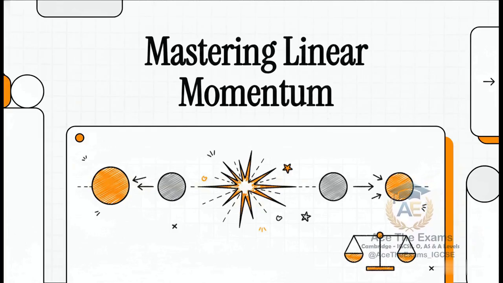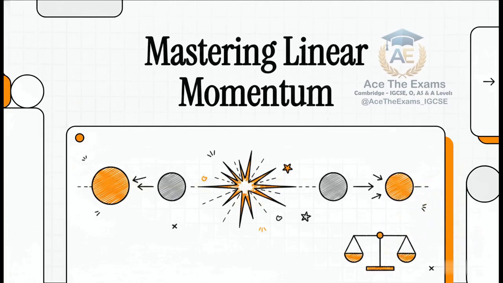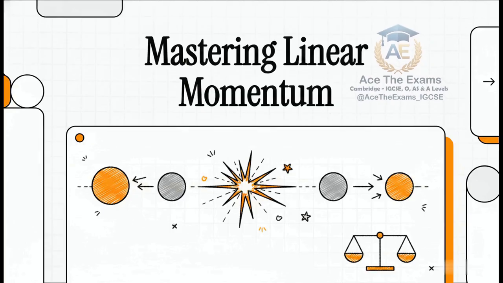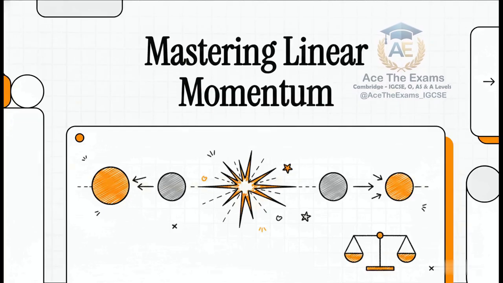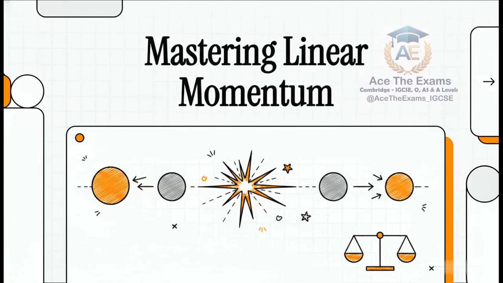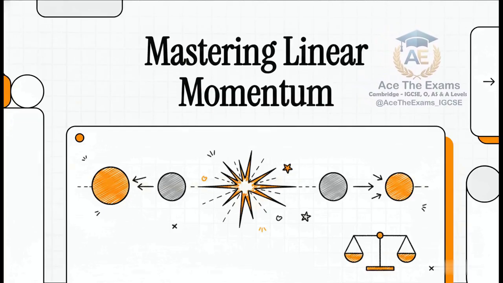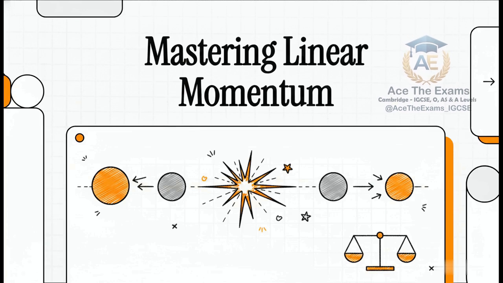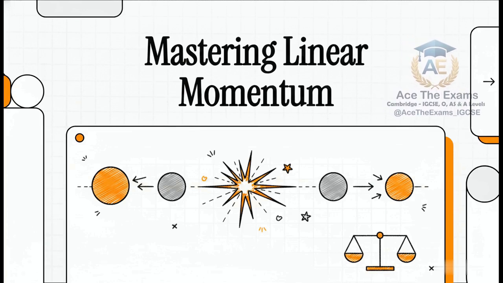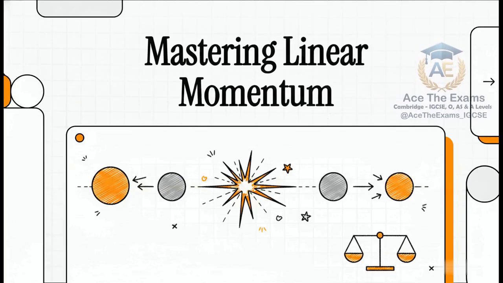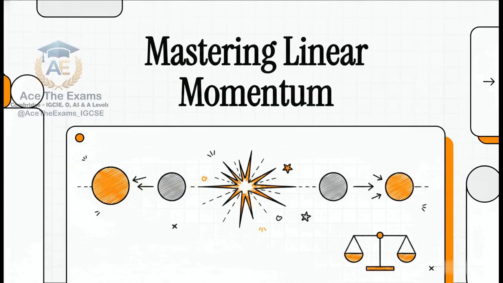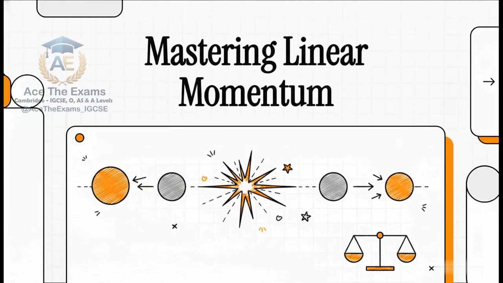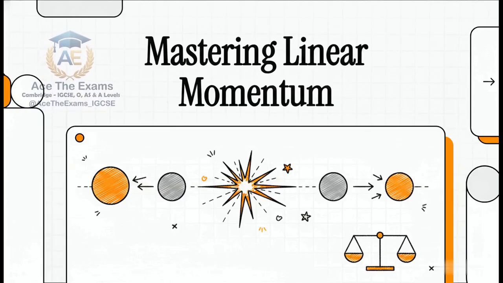You see, top-tier exam answers are a lot like incredible street art. You need those bold strokes of creativity and deep understanding, but they have to be backed by a rigid, reliable structure. If you just throw paint at the wall, it's a mess. Today's explainer is your strategic masterclass on Chapter 3 Dynamics, specifically linear momentum and its conservation. Whether you're tackling syllabus codes 0625, 0652, 0654, 0972, 5054, or moving up into AS and A-Level 9702, the game